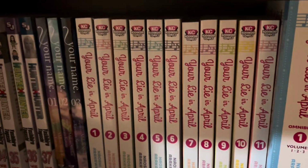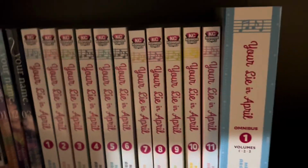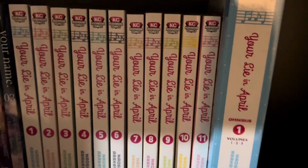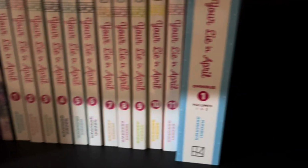I would do it with The Boxer, but it's never going to get another edition, so why would I reread it? And then One Piece has multiple editions. I'm not rereading 100 volumes. Actually, more than 100. I'm not even done with One Piece. So, yeah, I'm not rereading